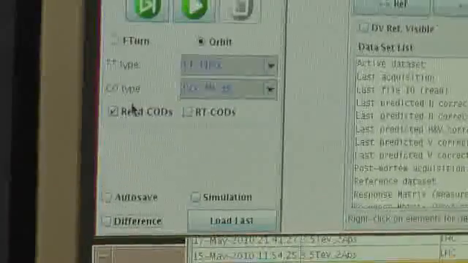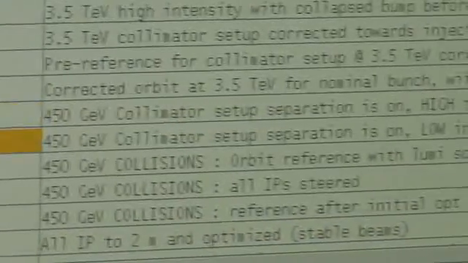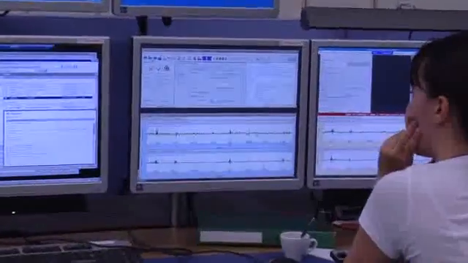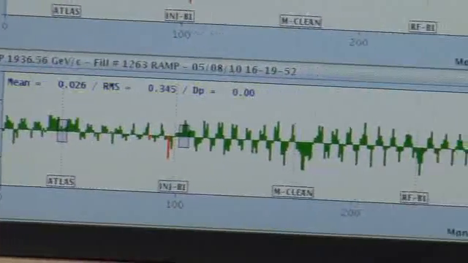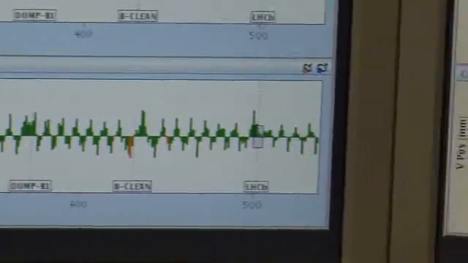First, we will load a reference orbit, against which we will correct the actual one. So just to show that the only difference now is... The measured orbit is stretched out in a horizontal plot, and we can easily see that the beam is oscillating around its central orbit for beam 1